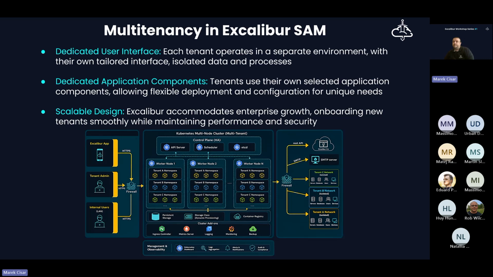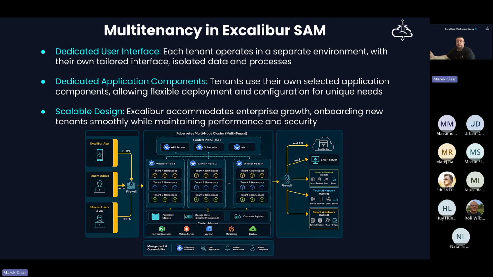So some of the application components are dedicated to each tenant, and this ensures that it's not only isolated on the tenant level, but it is also flexible and allows us to scale up or scale down without any effort.